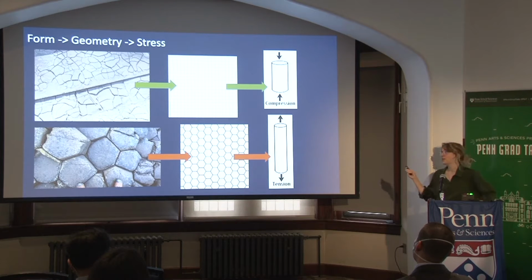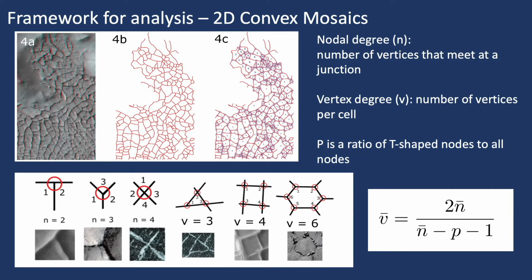Now you may be thinking, well, we don't see a lot of perfect squares and perfect hexagons in real life. Right? How then can we say that these are regular polygons? Well, it turns out that the cracks created by these fracture networks form what can be very well approximated as regular polygons. So much so that their shape can be quantified with just two variables: nodal degree, or n,